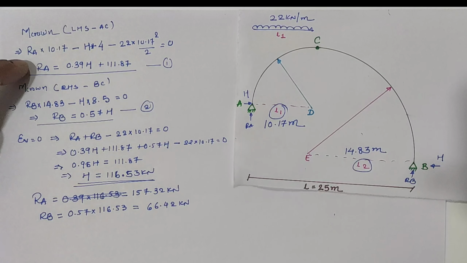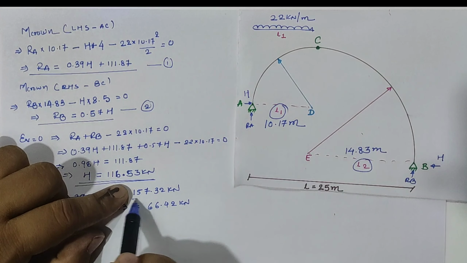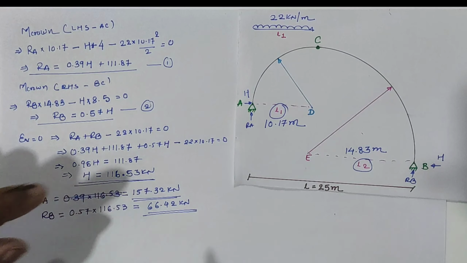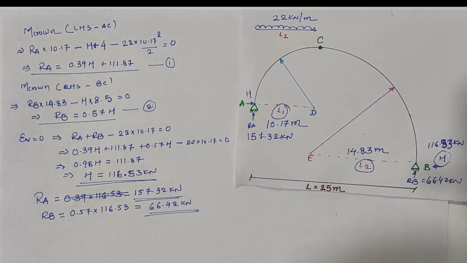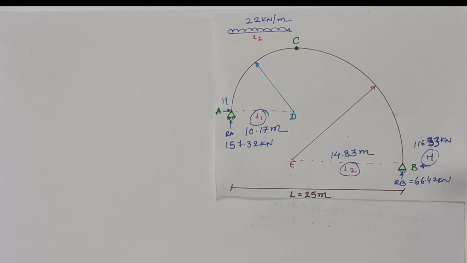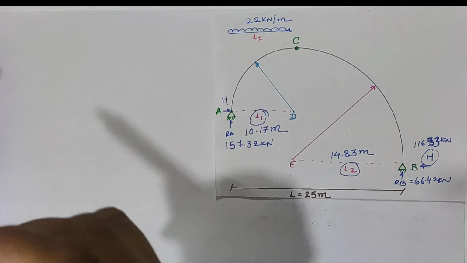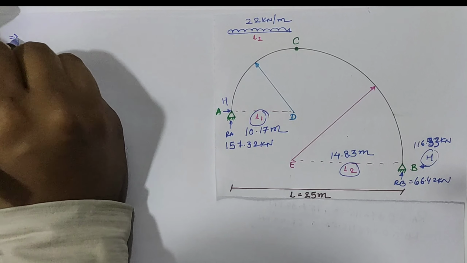So using equations 1 and 2, we have RA and RB as 157.32 and 66.42. So from the calculation of reactions, we have RA equal to 157.32, RB as 66.42 and H as 116.53 kilonewton. Now going ahead for the maximum positive and maximum negative bending moment. Maximum positive is in the A to C part, hence